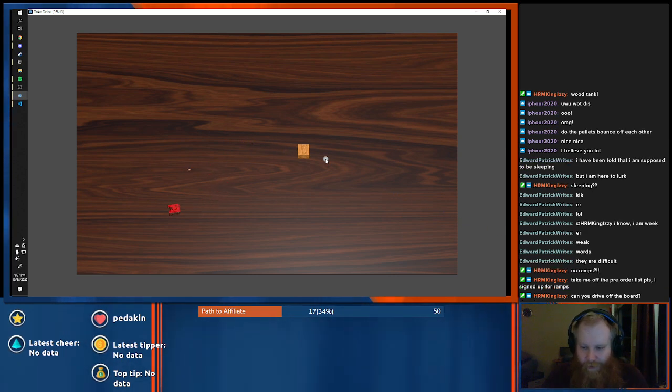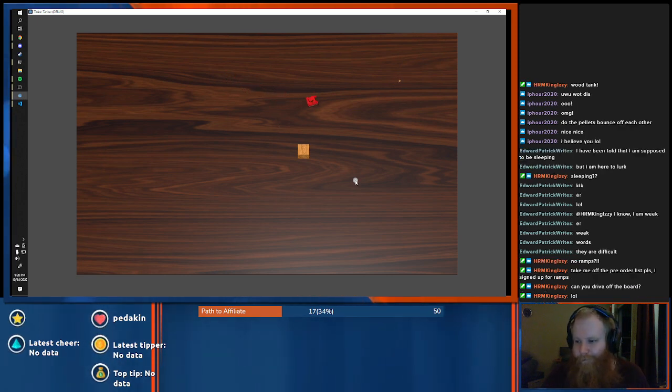Yeah, I can drive off the board. There's no collision, I could even drive out of the camera view. And the camera is fixed so it doesn't follow you or anything, but when I actually finish the map, it will be closed in. Yeah, the only place I can't drive is where this block is.